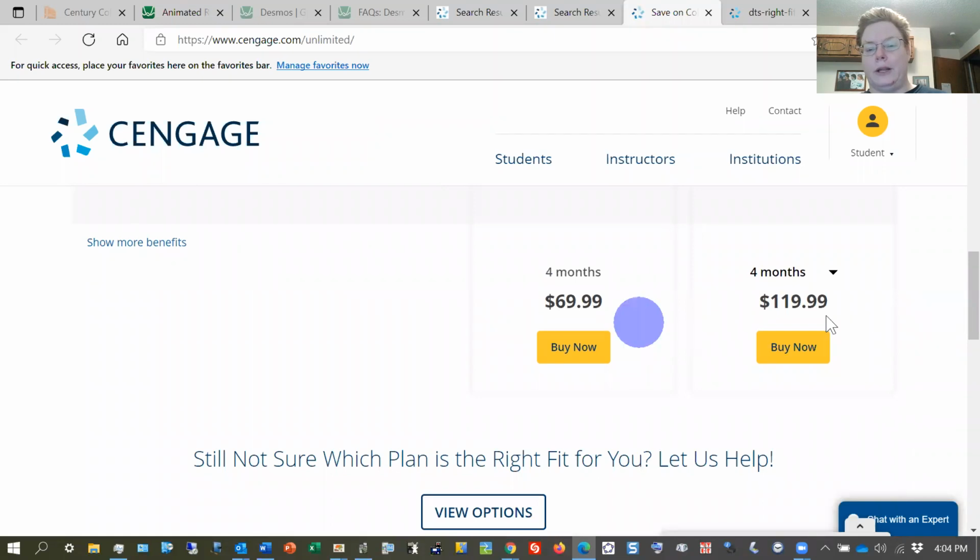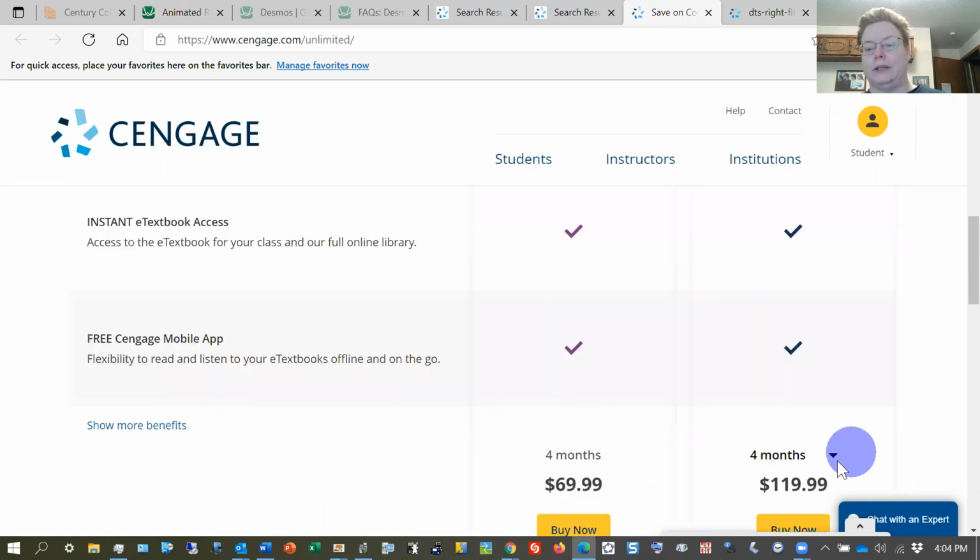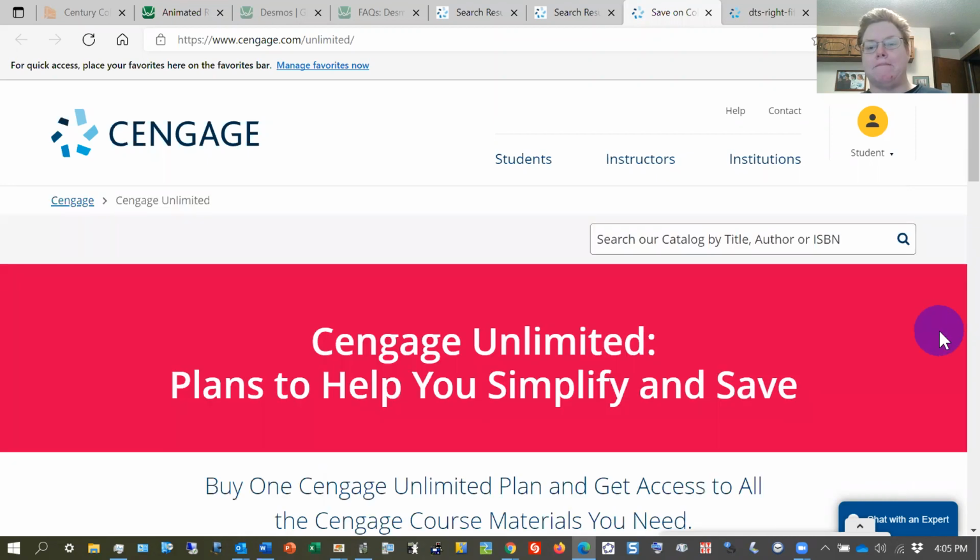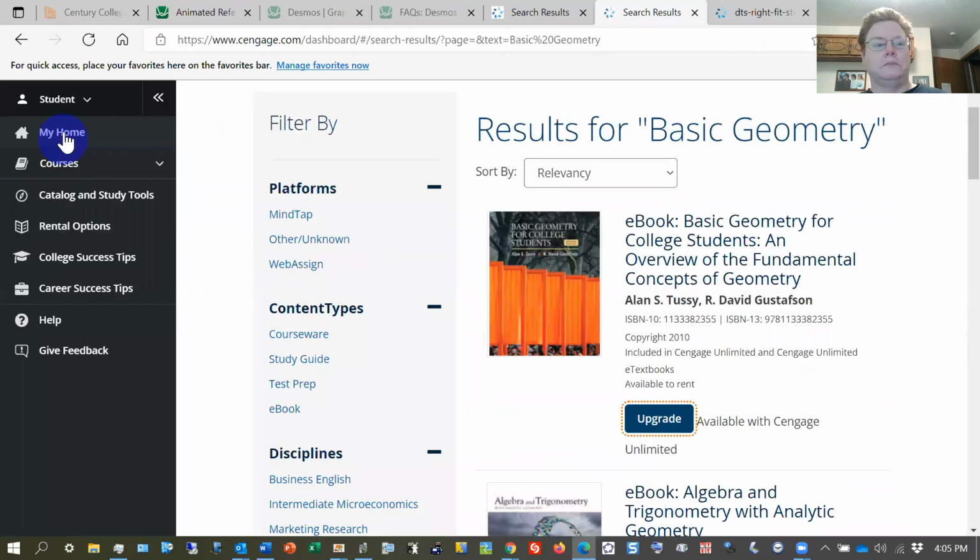Since you already purchased the WebAssign Access Code, upgrading to Unlimited should not be as expensive. So for example,